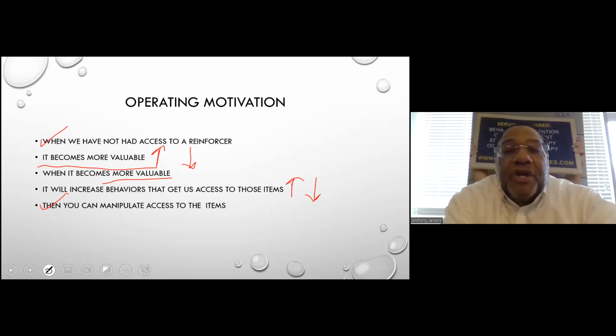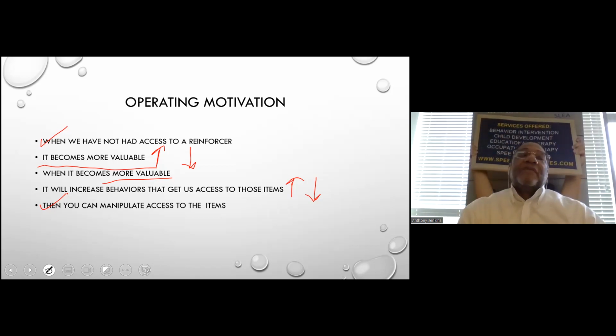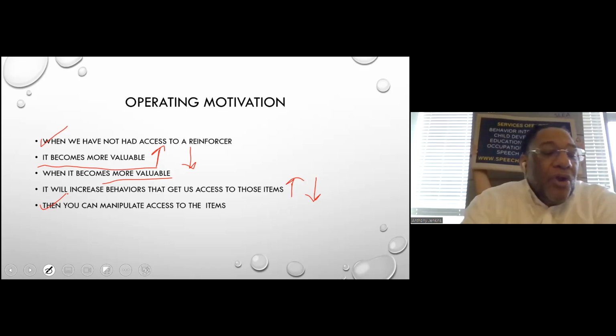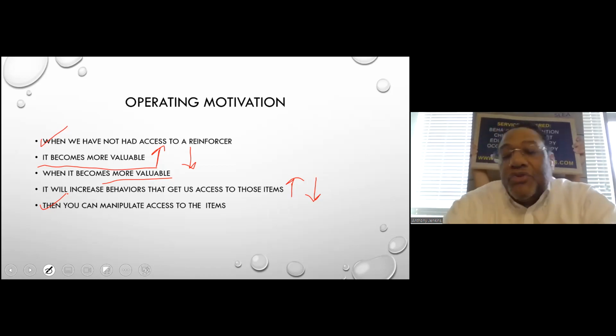Just like, if you let your kid eat cookies all day, when it comes time to eat broccoli for dinner, they're probably not going to do it, even if that's going to earn them ice cream, because they've already had access to a bunch of sweets. So you have to become a little more aware and conscious of what they've had access to and what you can restrict, so that you can use it for getting some pro-social behaviors,